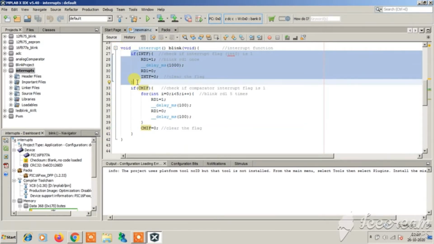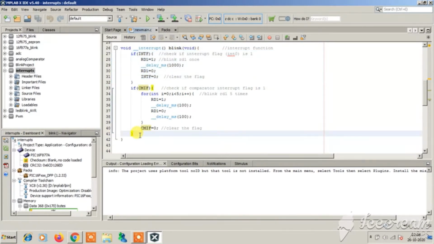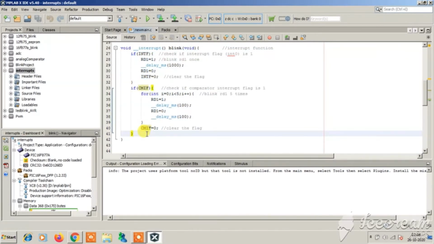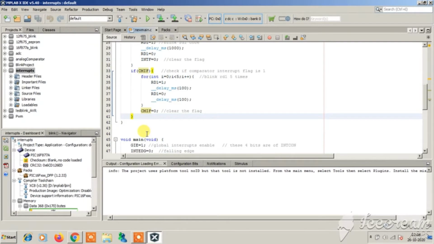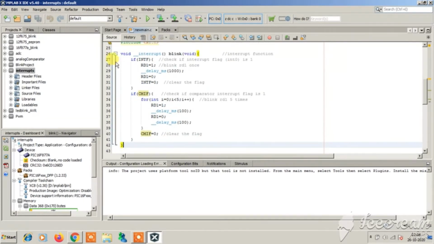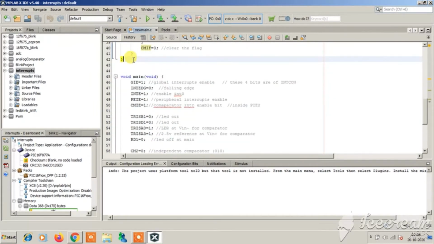polling method is used. Here you have checking whether the INTF is checked, whether the CMIF is checked, or any other sources of interrupt if you wish to write further below. So you can understand the point here. I have used 2 sources of interrupts. You can add anything other if you need. So basically this is the whole ISR which we have discussed right now, and now comes the void main, which